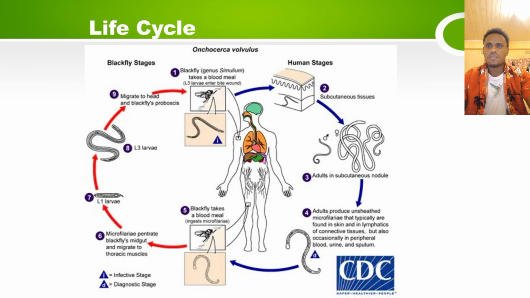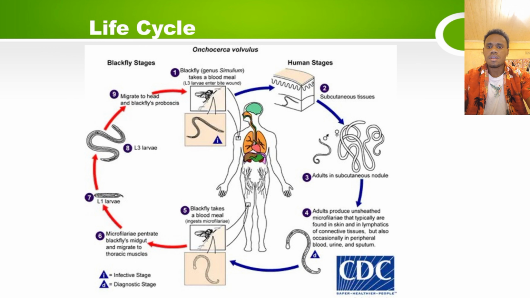Life cycle of Onchocerca volvulus. As you can see from the diagram here, we have stages 1 to 9. The first one, an infected black fly bites a person and deposits Onchocerca larvae into the skin. The larvae then enter the bite wound, followed by the larvae moving into the tissue under the skin, the subcutaneous tissue, and forming lumps or nodules. The larvae develop into adult worms in the nodules, and the adult females may live up to about 15 years